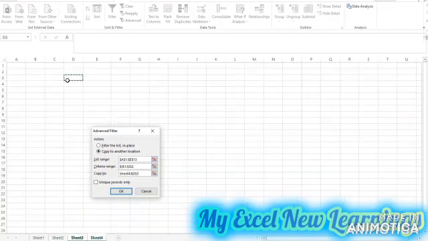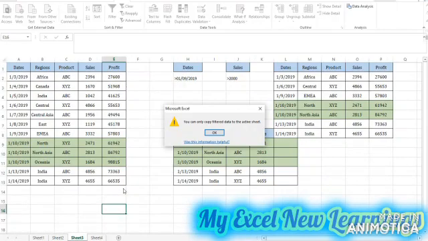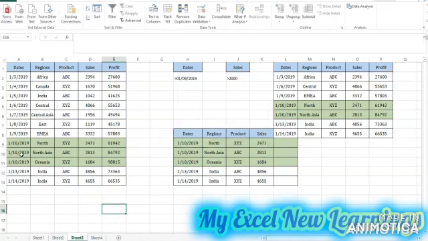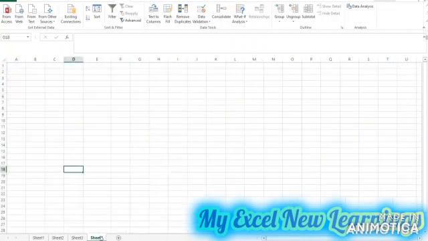So I will click anywhere, then I will click on OK. So the advanced filter will give me an error stating that you can only copy filtered data to the active sheet. So the active sheet means before you filter the data, your cursor should be on the sheet where you want the data to be pulled out.